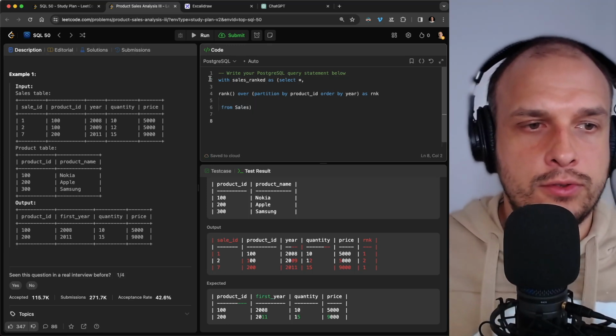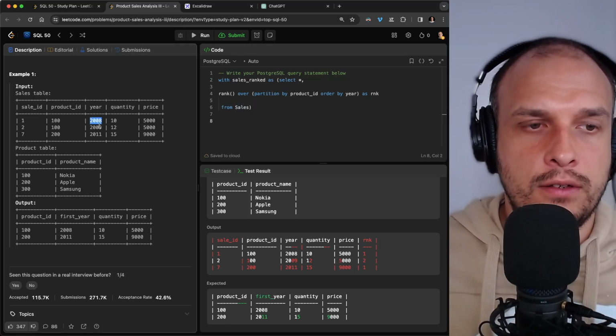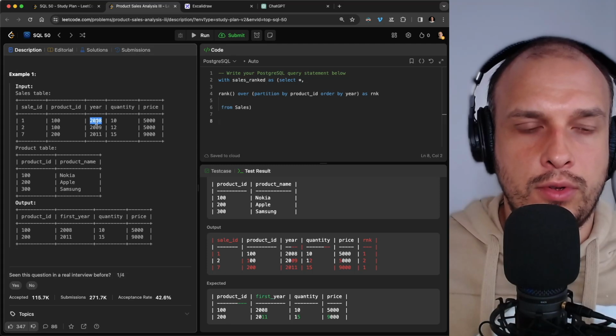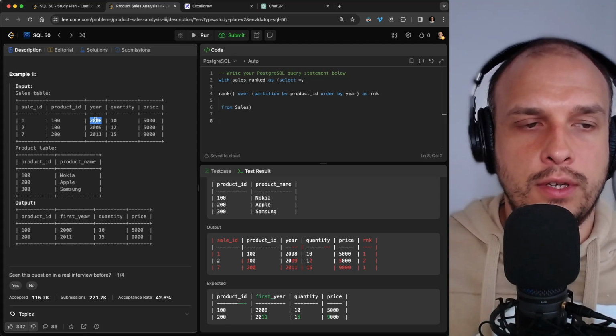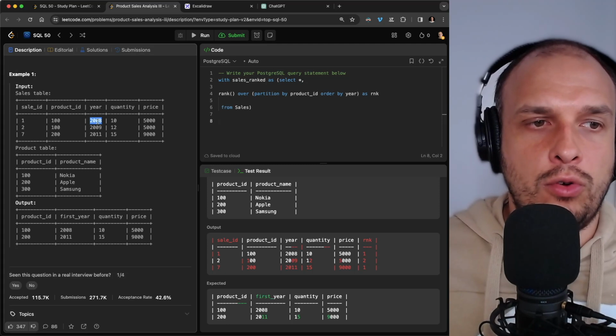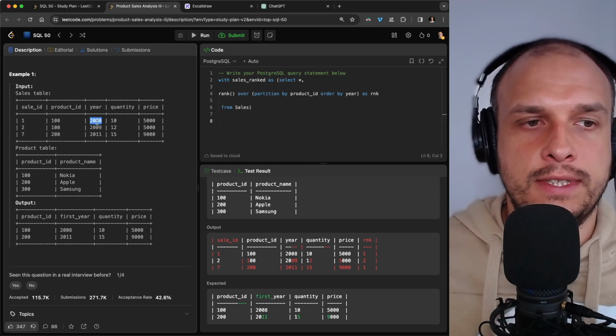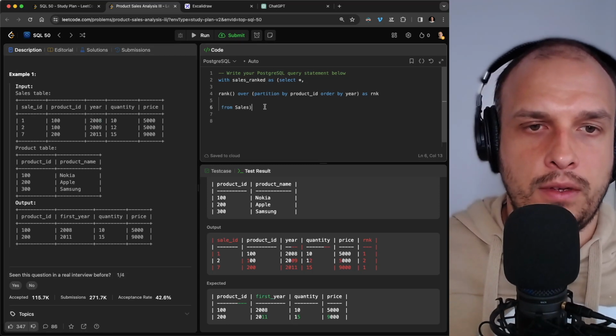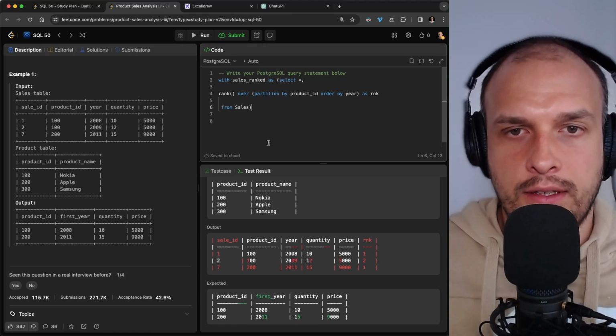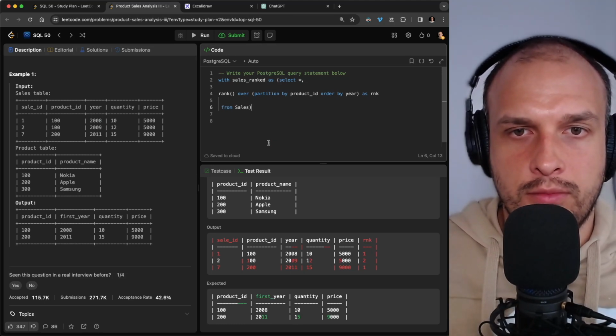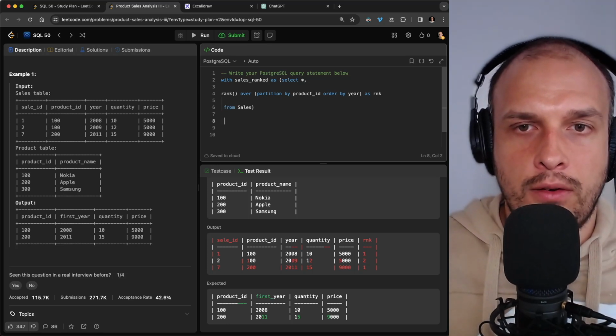And here I also assume that year is unique for each product. I assume that we cannot have two rows for the same product with the same year. Sales ranked over partition by product ID, order by year, and